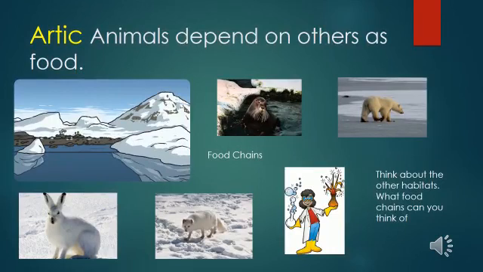So if you remember the Arctic video, when you looked at the Arctic habitat, you were introduced to animals like the polar bear or the Arctic rabbit or the Arctic fox. If we have a look, they've adapted quite well to their surroundings, but they also rely on each other for food. There's nothing better than an Arctic fox would like than an Arctic rabbit.